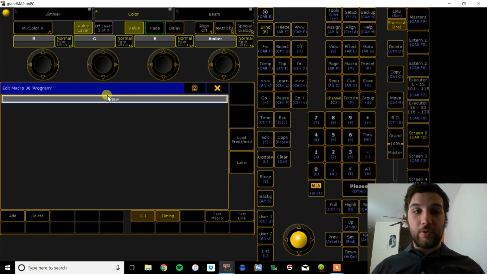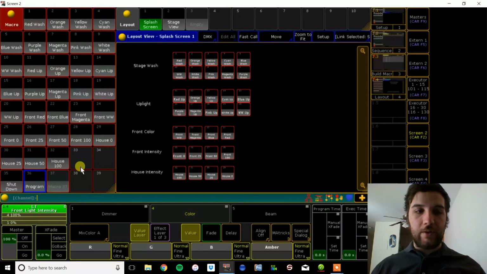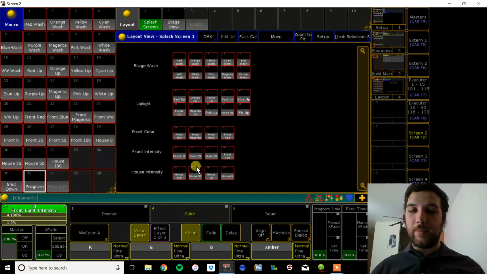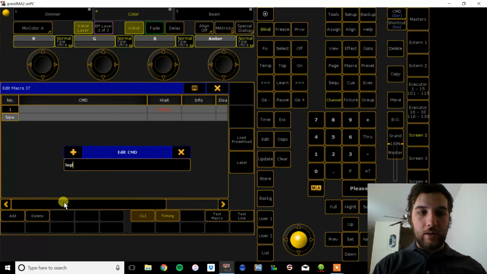Now we're going to call this one program, already labeled there. And it's simply going to be login, in parentheses, program. So now if I run this, what it's going to do is ask for my password so that I can log in programmer. And then finally, we're going to add here, and we're going to say login